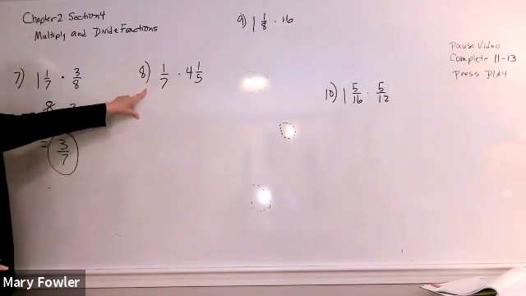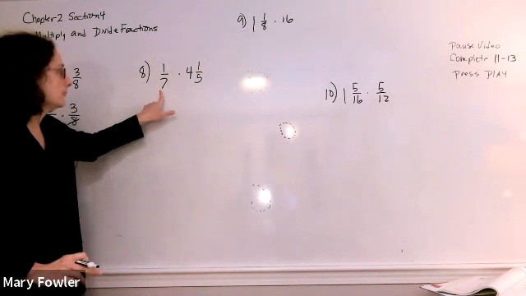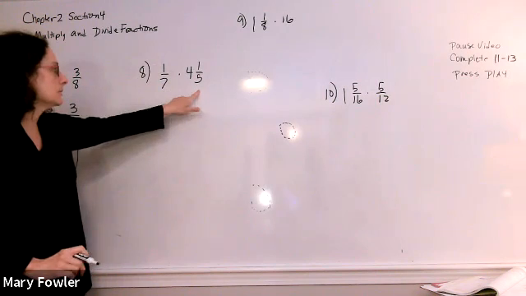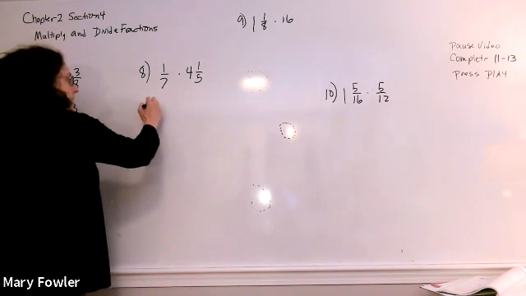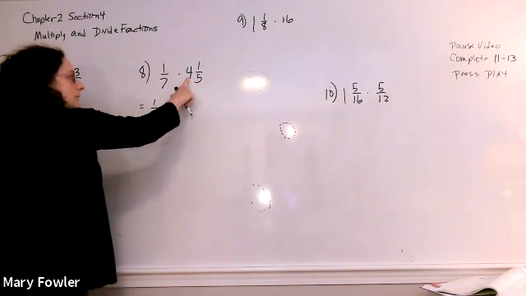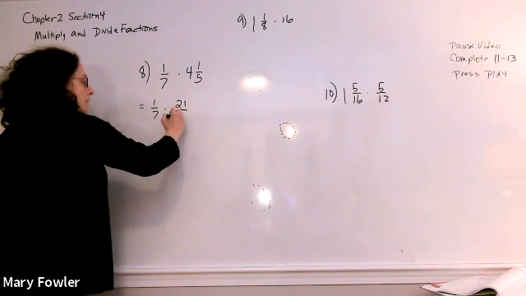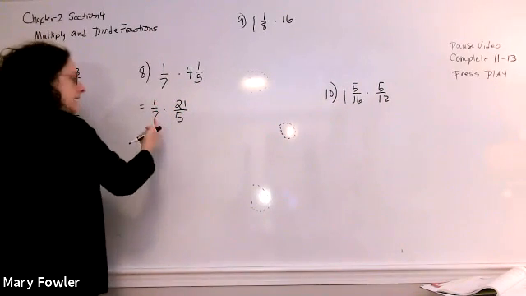Problem number 8, very similar, right? So it's a fraction times a mixed number. So the first step is to convert the mixed number to an improper fraction. 5 times 4 is 20 plus 1 is 21. Okay. Second step is to